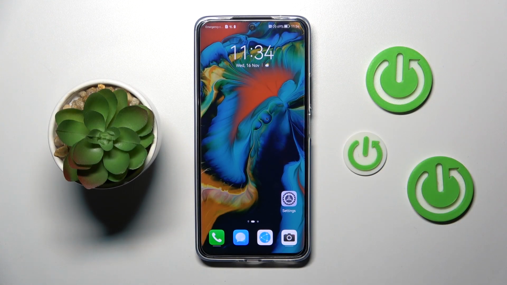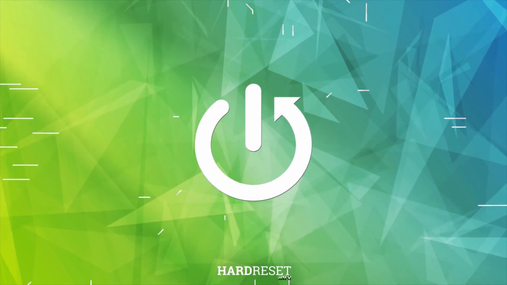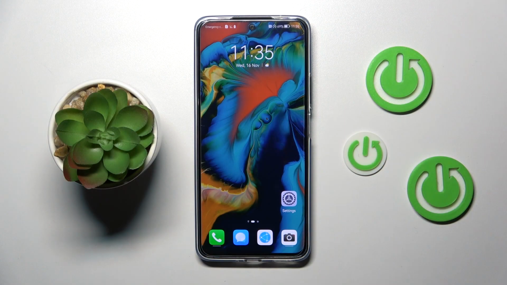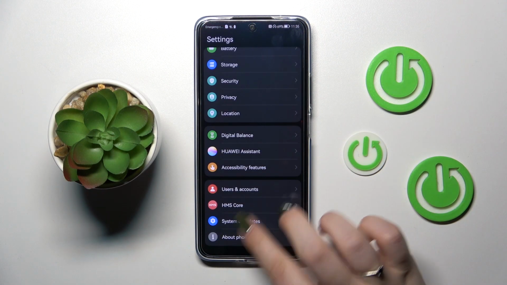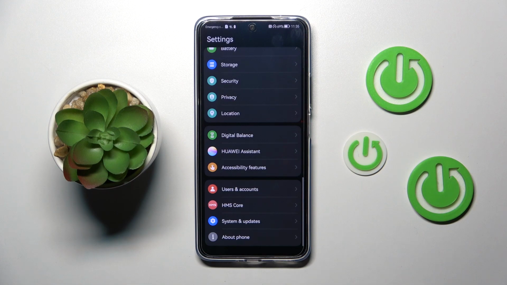Hi everyone, in front of me I've got HUAWEI Nova 10 SE, and let me share with you how to change date and time on this device. So first of all, let's enter the settings, and here we have to scroll down to the very bottom to